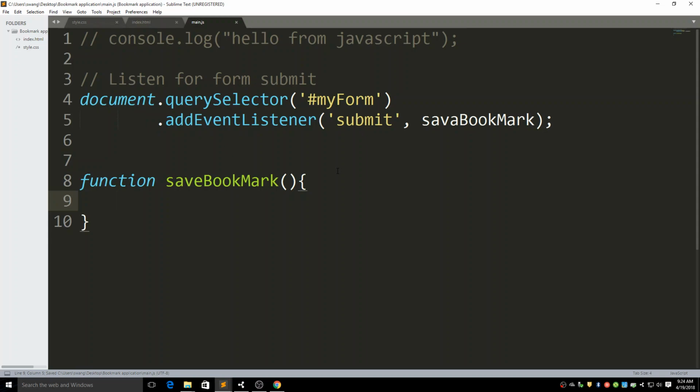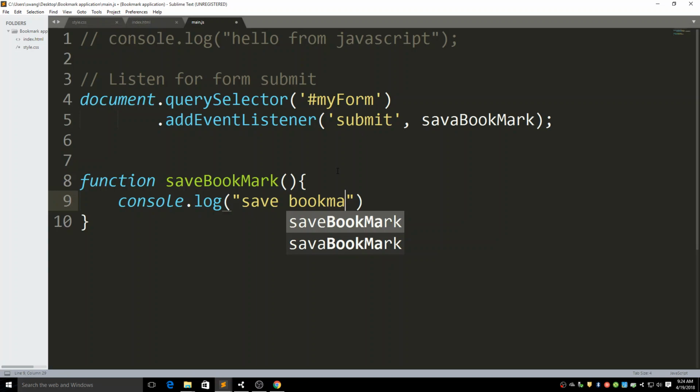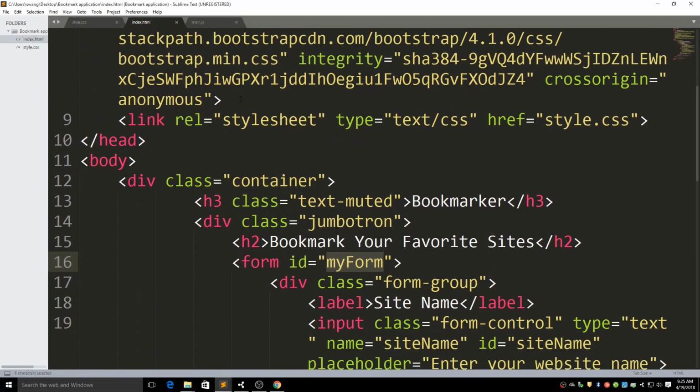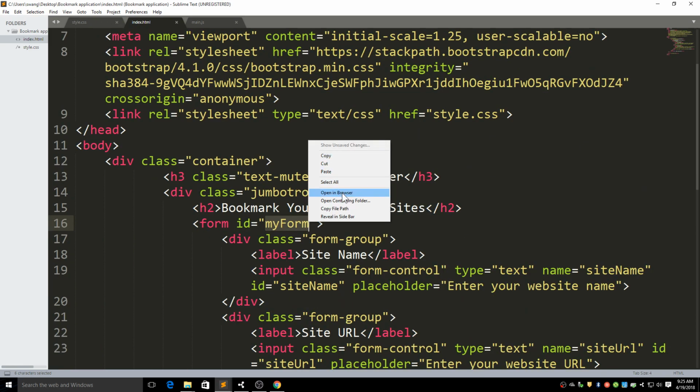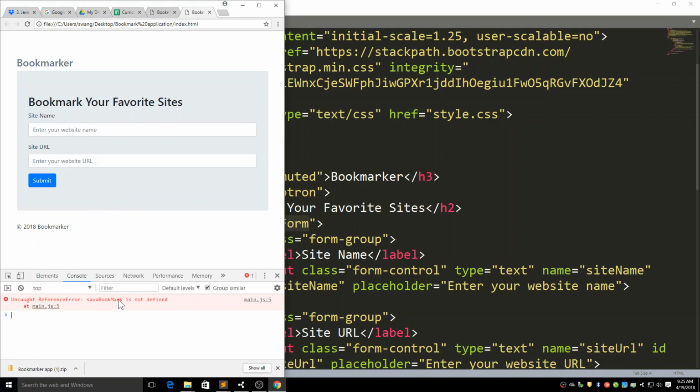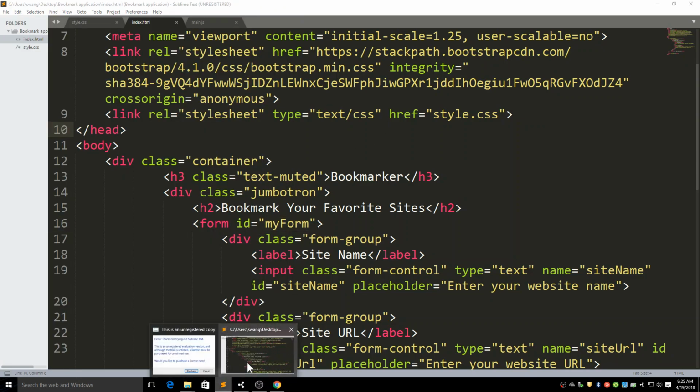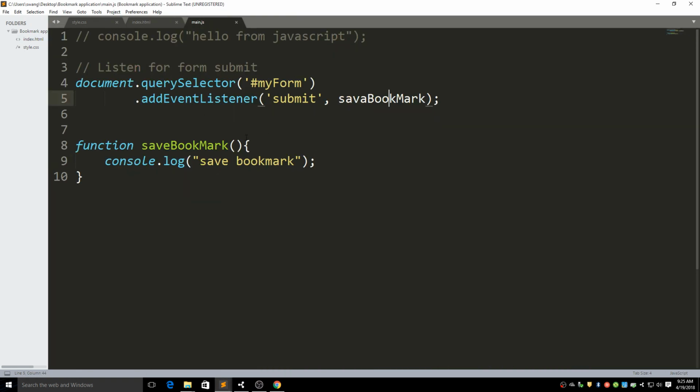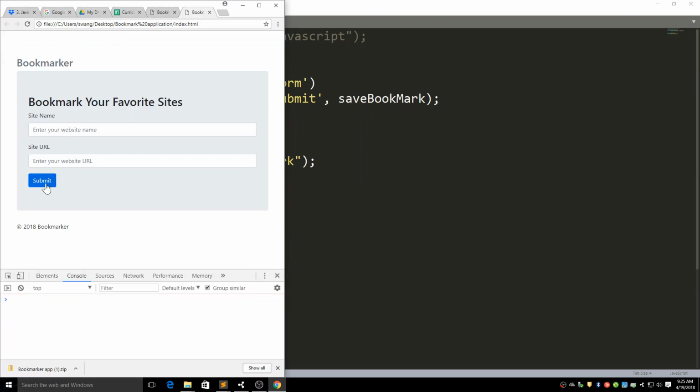For this function, let's see if they are connected. Console.log "saveBookmark." So if I go back to the index file, right click, open in browser, and F12, I see saveBookmark is not defined. Let's see if I have a typo here. Yeah, I typed it wrong. Okay, saveBookmark. Refresh it. Okay. If I submit it, see there is a